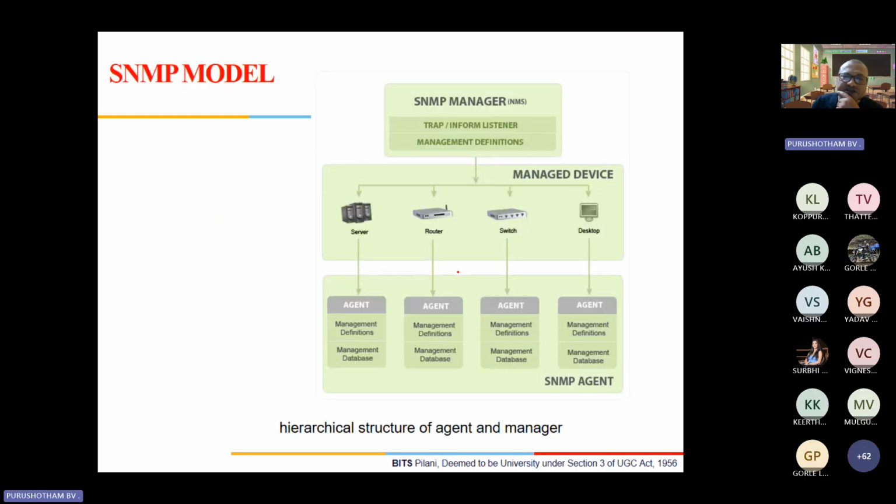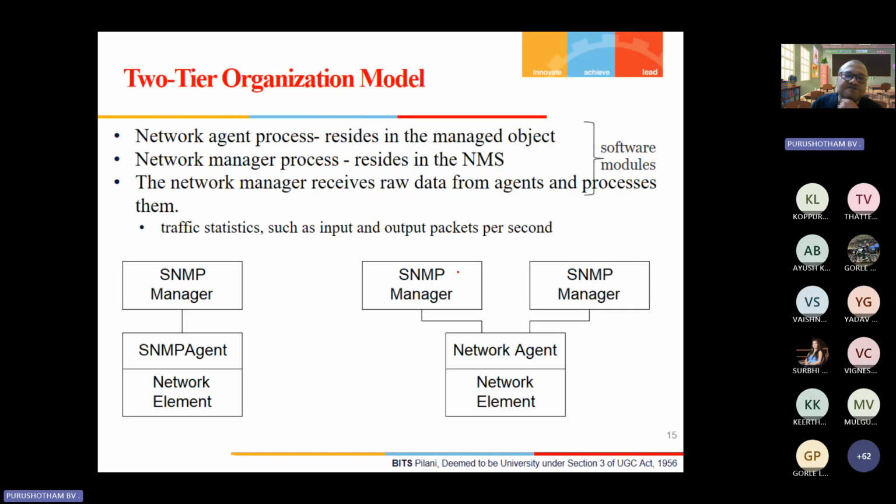That's called the SNMP model. If it is a two-tier architecture, the SNMP manager will be there, the SNMP agent, and the network element. Or it could be a manager of managers, so multiple managers can also manage one device.